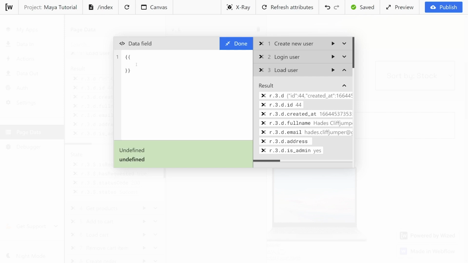So we created a logic component in Wized, and here I'm just going to use JavaScript to create an object. This is not something you would do, but I'm just going to use this in this tutorial so that you can know how objects are being dealt with. In this case, I'm going to call this object table, and we're going to add squiggly brackets at the end and at the beginning. So whenever you have key value pairs inside of squiggly brackets like so, know that you're dealing with an object. So for example, we could have, let's say, name equals John, and then we would have another property, which is surname